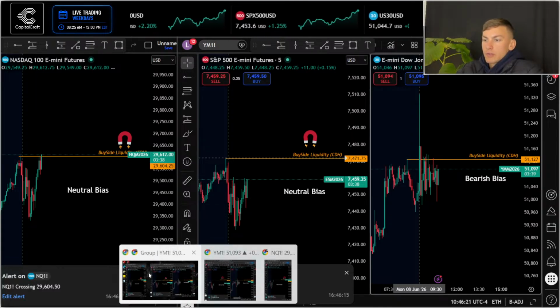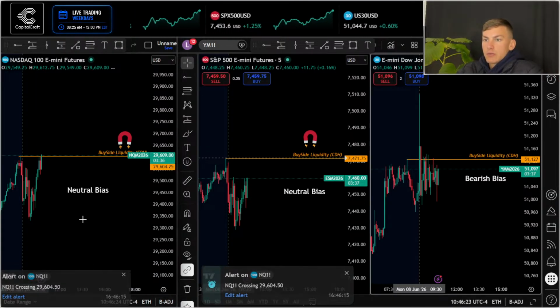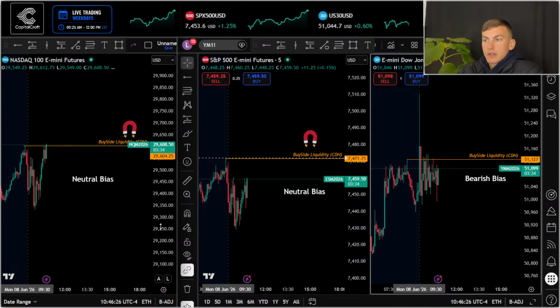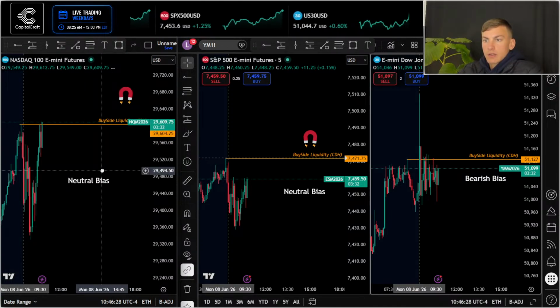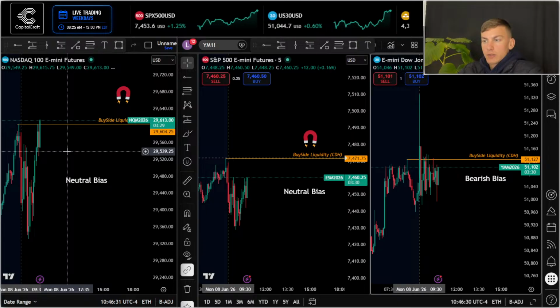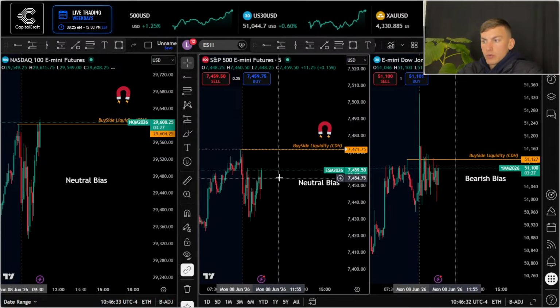And there you go. You can clearly see the price notification that came through on the Nasdaq. So we have now taken that specific level. I do like what I see. We are also seeing